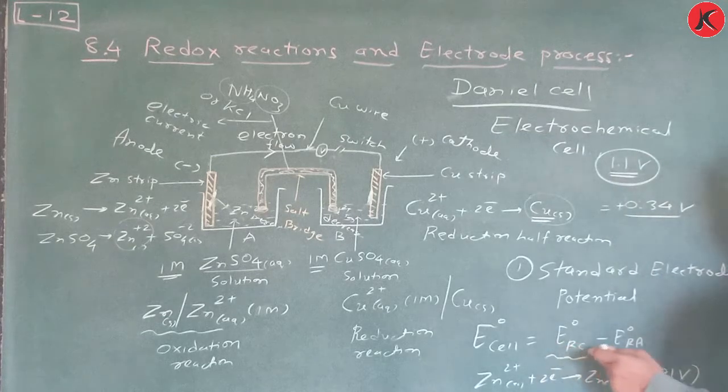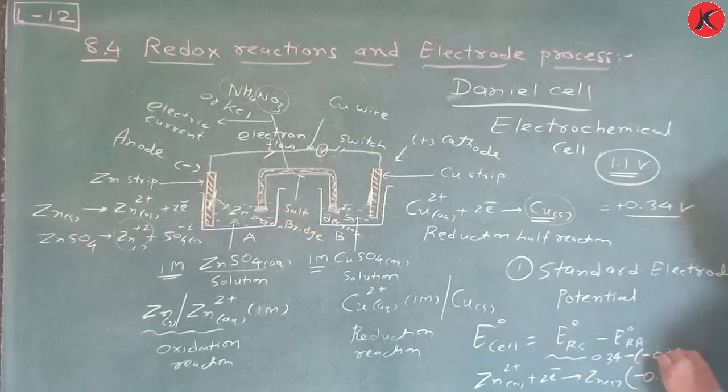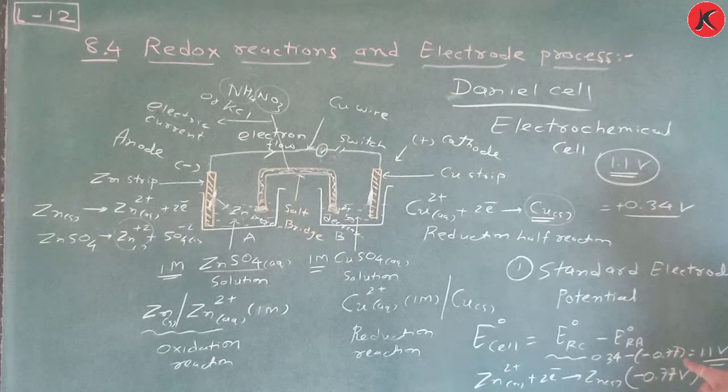So reduction reaction at cathode minus reduction reaction at anode. So here minus, E0 RC means nothing but 0.34. And here minus 0.71. If you total, then you get 1.1 volt. Okay, just you measure this 0.76 or say here a 0.77 something value is there. This value may be changed, maybe 0.77. So remember this value, it is given in your examination.